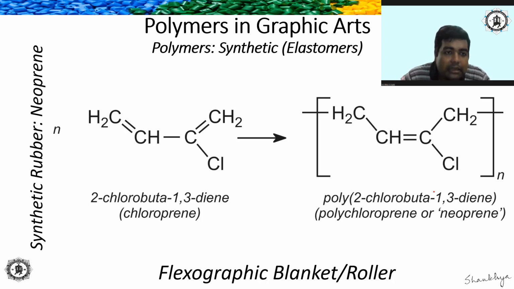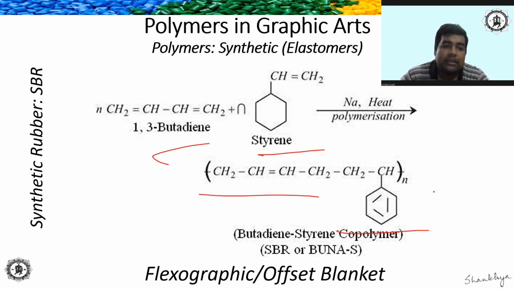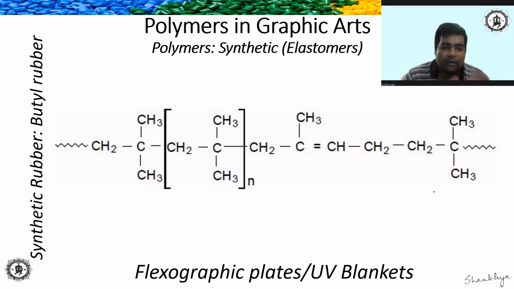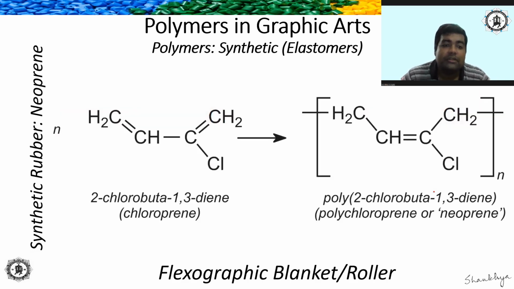Now you may ask, okay, if you have already told that SBR is also used as impression rollers of flexography and offset blankets, and neoprene is also used for the same purpose, what is the difference? Now see,